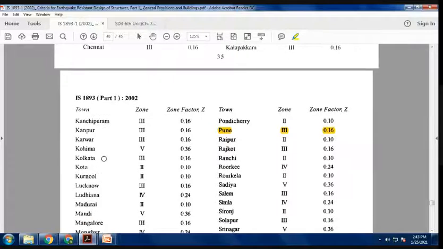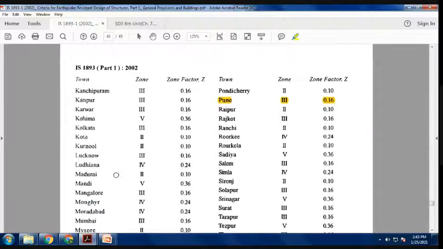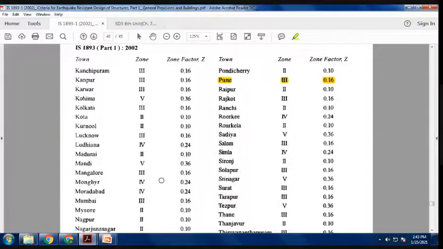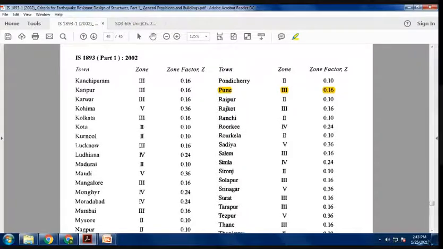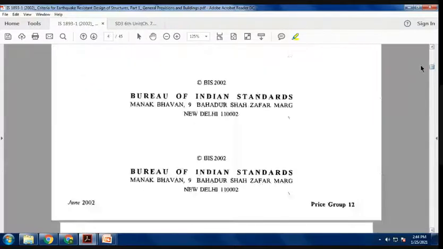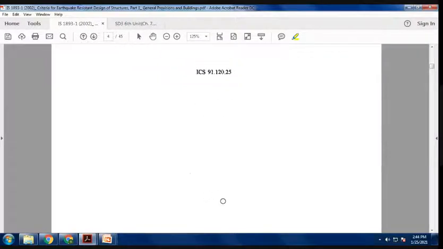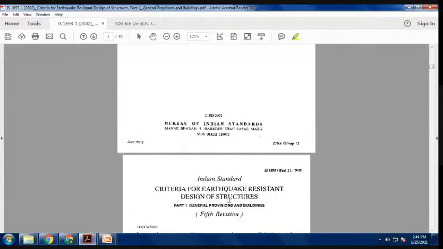Okay, and he also says that it may fall in Delhi, Mangalore, whatever. So depending upon the cities, he will give the zones or zone factors. Sometimes he will directly mention the zone factor, saying that the building is falling in zone 2, zone 3, etc., or he will mention the city. Okay, so we are referring to the Indian Standard Code Book, that is IS 1893 (2000) Part 1, 2002 Part 1.